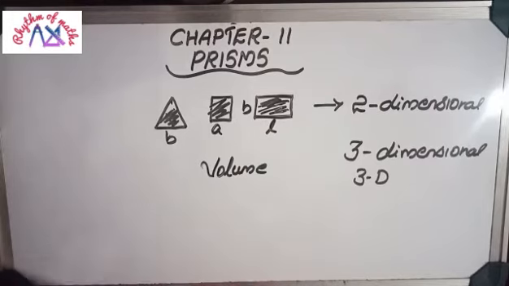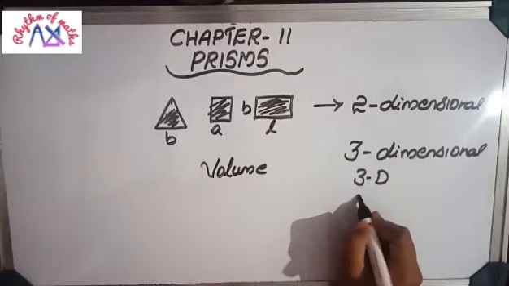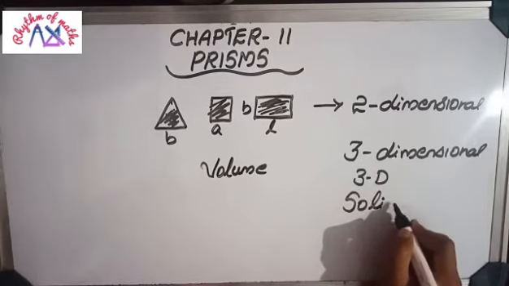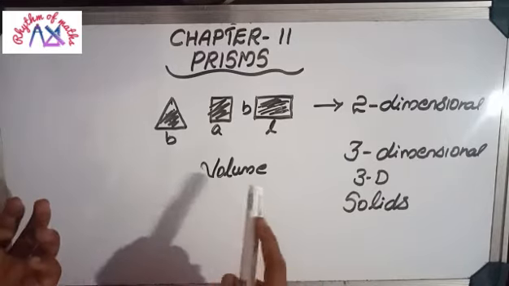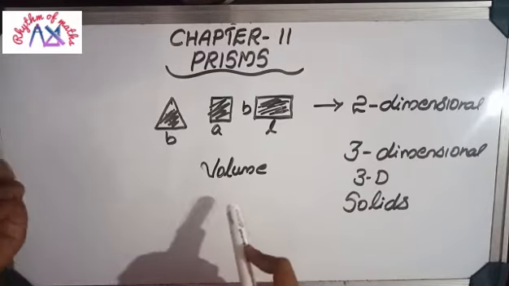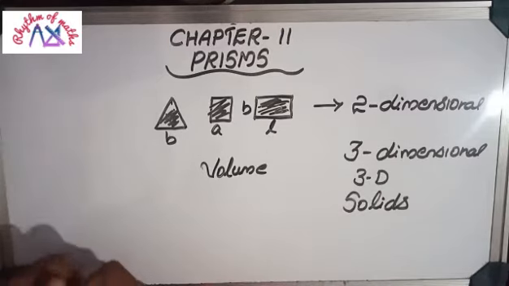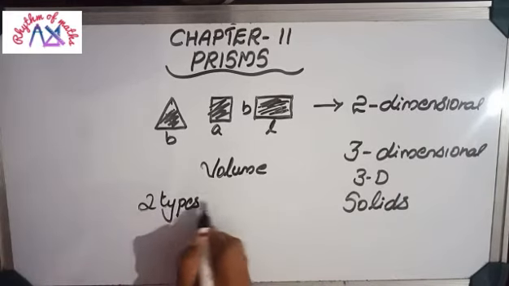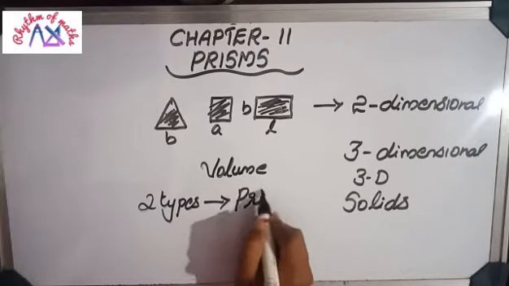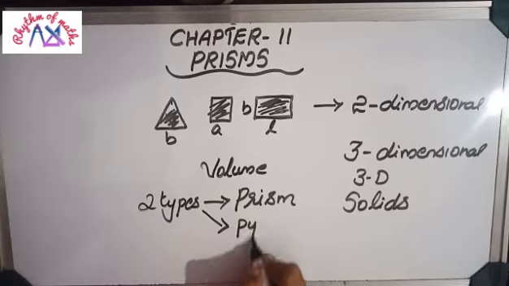Now these three-dimensional shapes we can name as solids also. General name is solids. Three-dimensional shape is also known as solids. Solids means something we can occupy in that, that means volume will be there. Boxes, then vessels, like that, so many examples are there for three-dimensional shapes. Now solids are of two types. First is prism and second one is pyramid.